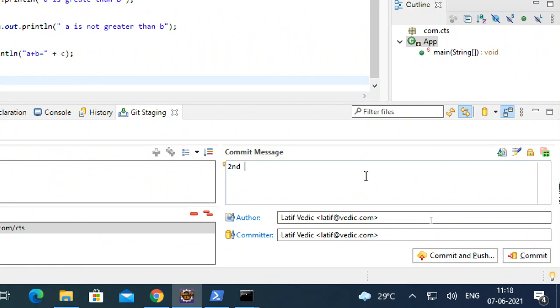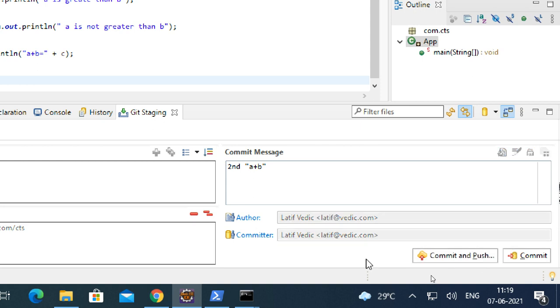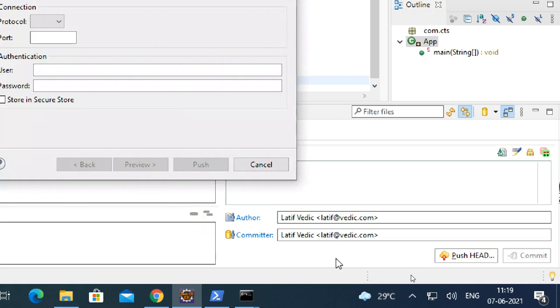Second commit, or add a new line or anything. I used an a plus b line there. So, second commit. I'm giving a commit and push. Commit and push, because I already gave a link earlier.